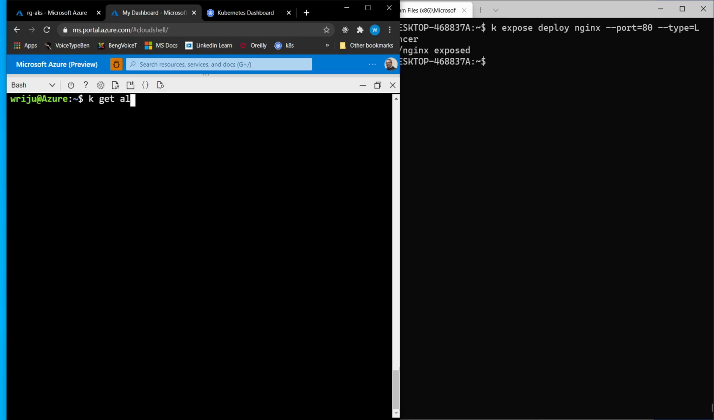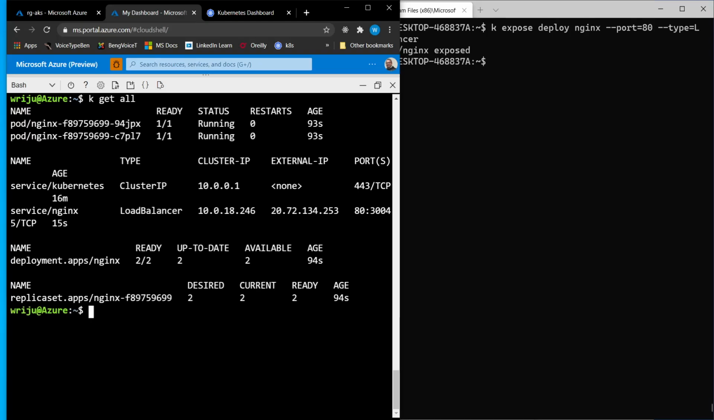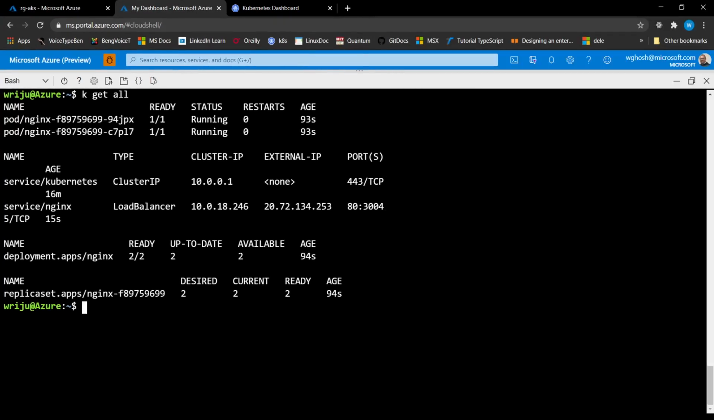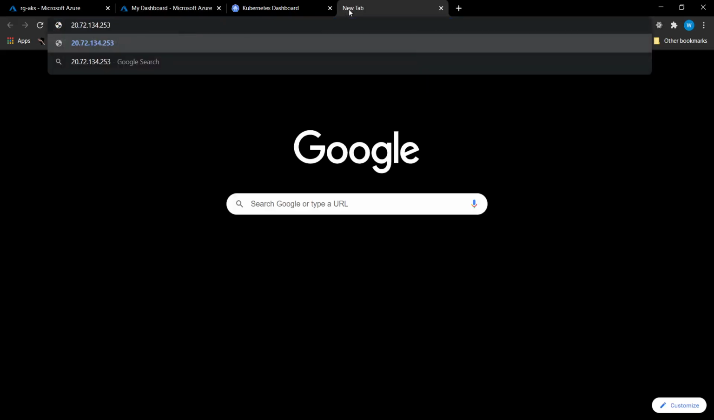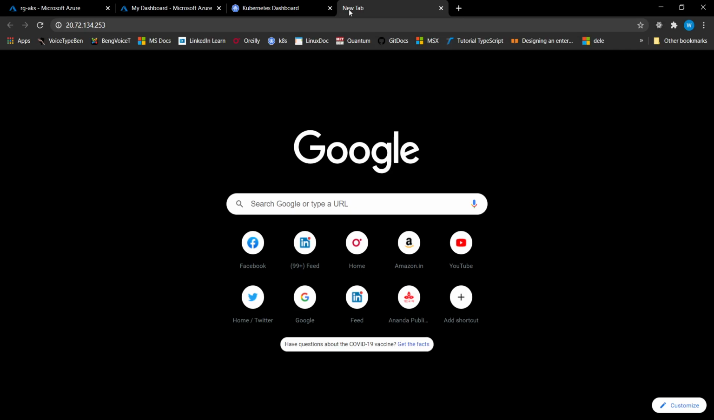I'll say k get all, and it shows all the things, basically pod, deployment, services, etc. And if you happen to notice the services, now I expand the size, you have an external IP address in the service. So if I pick that external IP address up and put it in the browser, it will start showing me the thing, right? So you can see that if I go ahead and run this IP address,